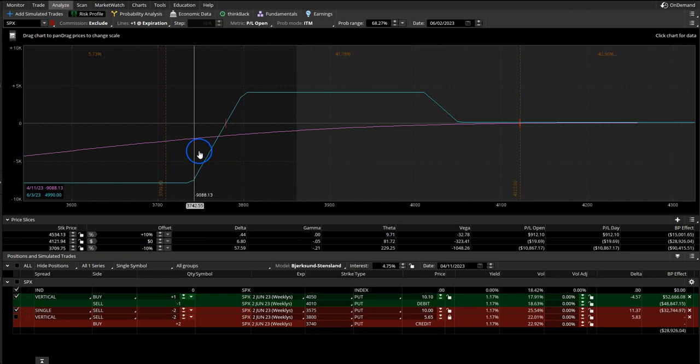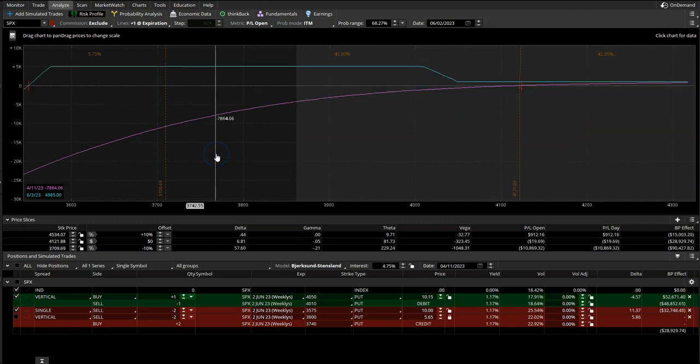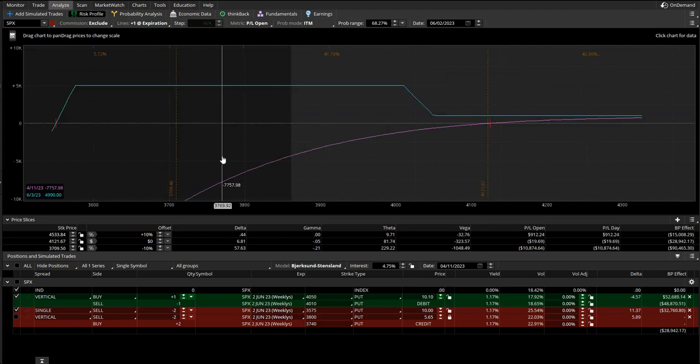At 3,780, using the naked puts instead of the put credit spread, this is a loss of about $8,200 or $8,300, maybe a little less. Let's call it $8,000, right? So it's showing about, at 3,775 using the standard 112 bear trap,